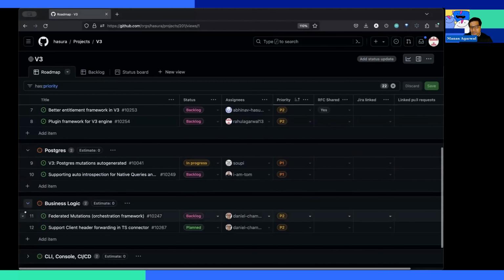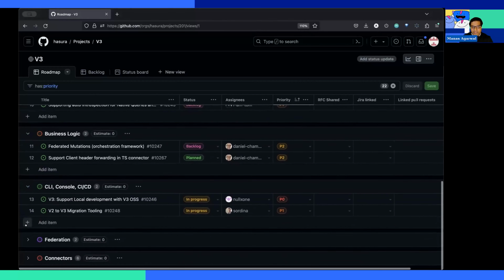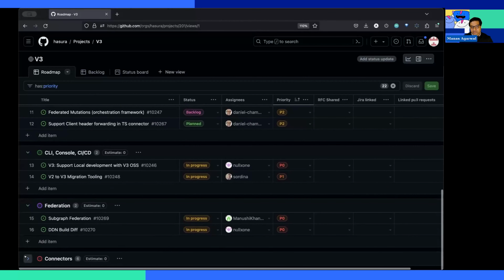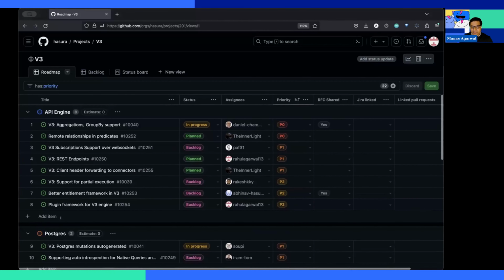And we'll keep adding stuff over here, and we'll keep refining this based on the enhancement issues that the community is creating around V3, and even with V2, that we think can be solved in a great way with V3. So yeah, this is our roadmap, and we hope to keep refining this and keep sharing all the up-to-date information around what we're building next, and keep taking feedback.